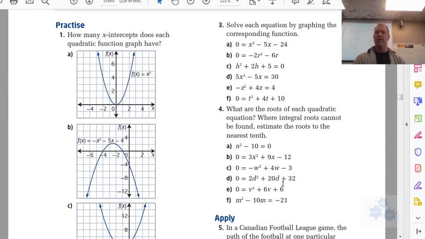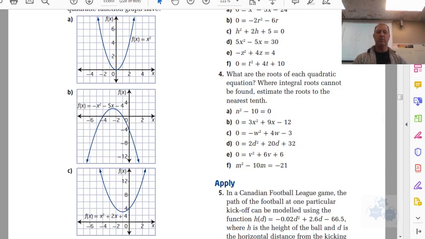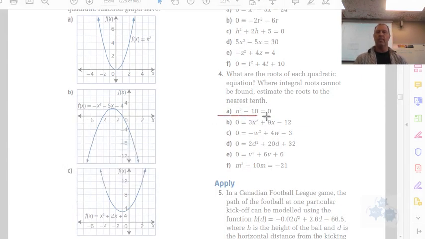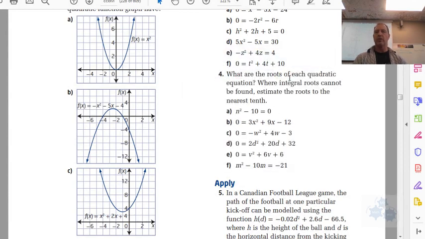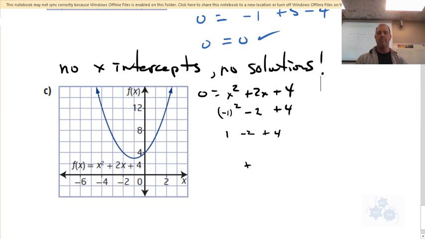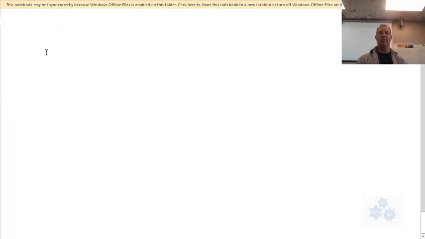In number 3 and number 4, what are the roots? So let's take a look at just one of these, let's say, number 4. So what about this one? This one says, what are the roots of each quadratic equation? And where integral roots cannot be found, estimate the roots to the nearest tenth. Okay. So if you're doing this by hand, you have to estimate, but we'll maybe do this on our calculator,